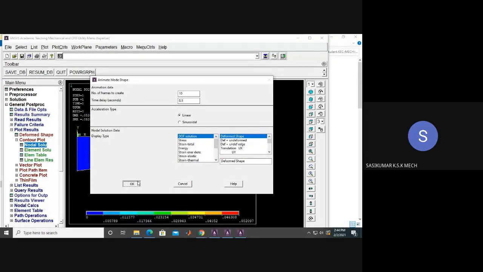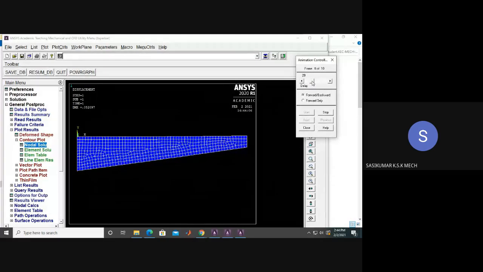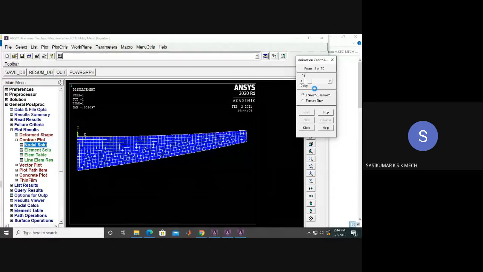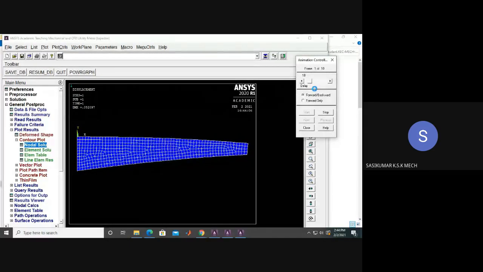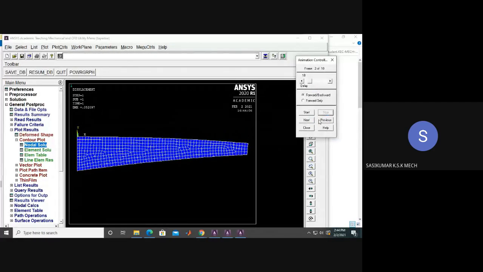DOF solution, just give OK. Due to the application of load, this will vibrate in this way. So due to the application of that load, this will bend in this direction.